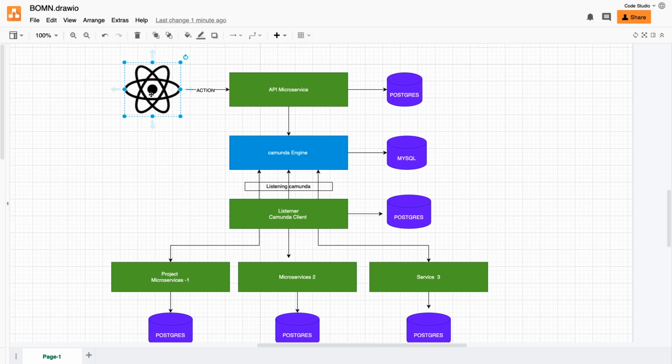Okay, there is a React UI. We wanted to expose some interface, some CRUD operations we wanted to do. This microservice can be a simple one, or you can also talk to this Camunda engine directly. But what we wanted to do is, because we need to pass the process environment, some environment variables, we are going to use this service to trigger these POST calls, and we will also structure the variables which we are passing while executing a workflow on Camunda.